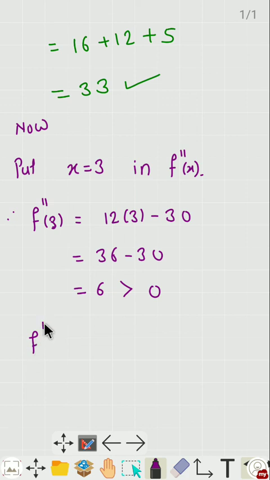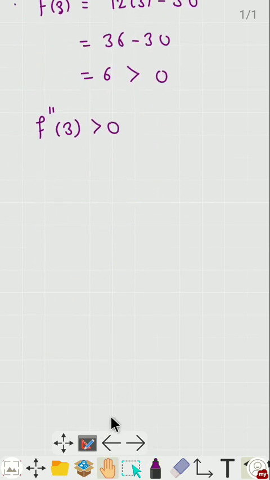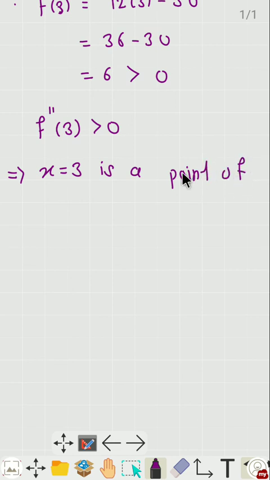Therefore f double dash at 3 is greater than 0, and this implies that x is equal to 3 is a point of minima,